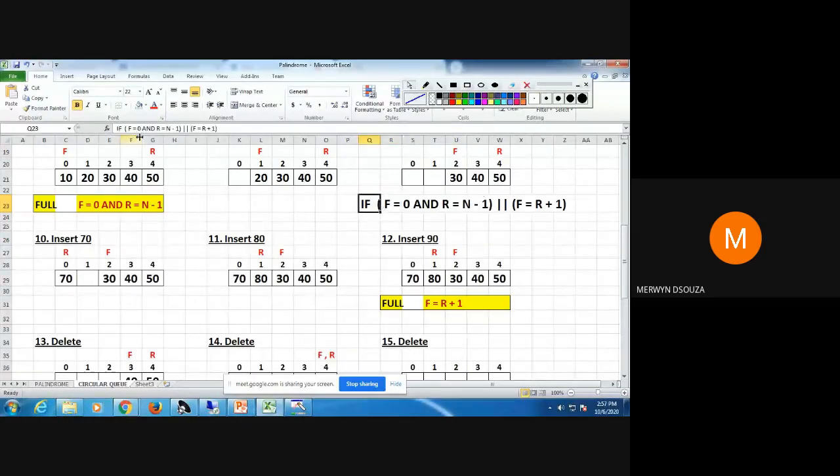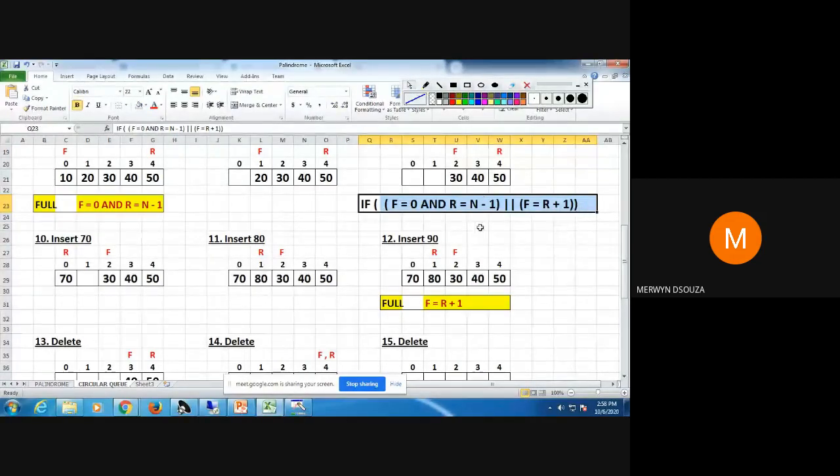Just make those parentheses proper. So if you make it proper, it will be something like this. If this condition is true, which is the first condition that I told you, or f equal to r plus 1, then you print the message queue overflow, or you say queue is full.